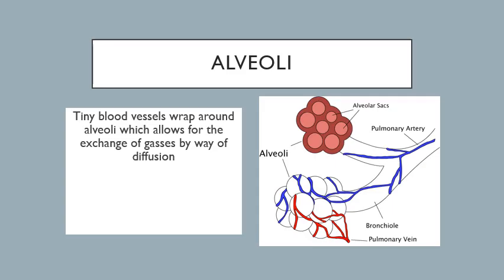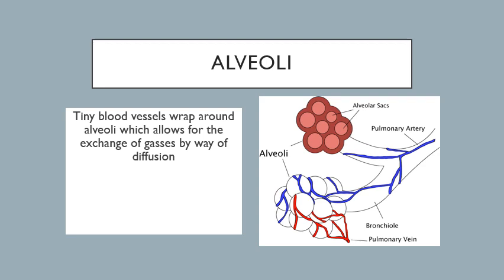The alveoli are key to this whole process because the alveoli are these little sacs. Air fills the sacs. Surrounding the alveoli are veins, and there's an artery leading away. So these little blood vessels have blood cells in them. That makes sense, right? The blood vessels containing red blood cells are going to allow for diffusion.